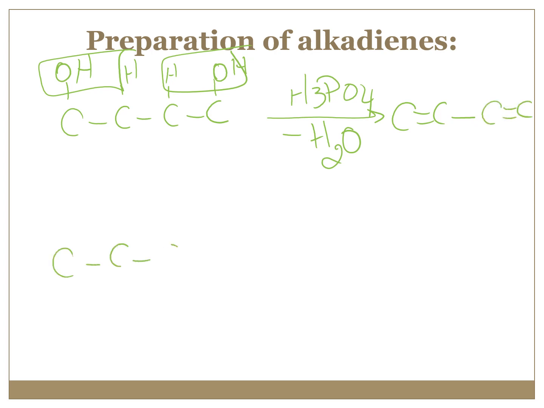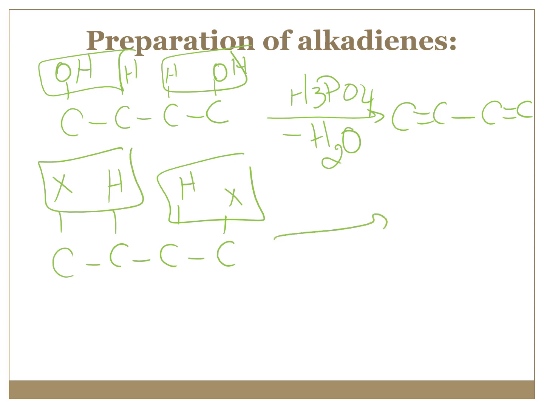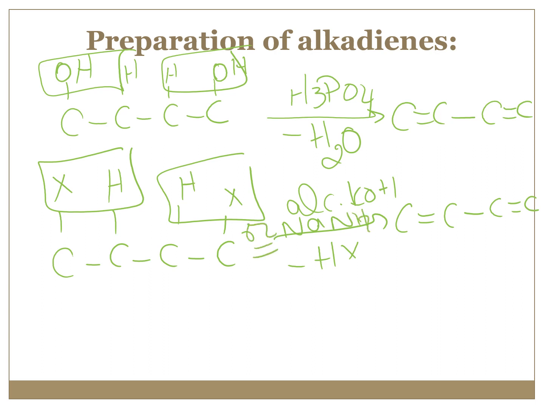Or you can again place halogens instead of the OHs, and again hydrogen to remove the hydrogen halide and produce the conjugated diene using either alcoholic potassium hydroxide or sodamide, whichever base you prefer. Okay, the most important thing is that you have to have the halogen or the OH on the terminal carbons of the 4 carbons that you're going to use for the preparation of the diene. If you place one of the carbons or both carbons not on the terminal inside the structure,